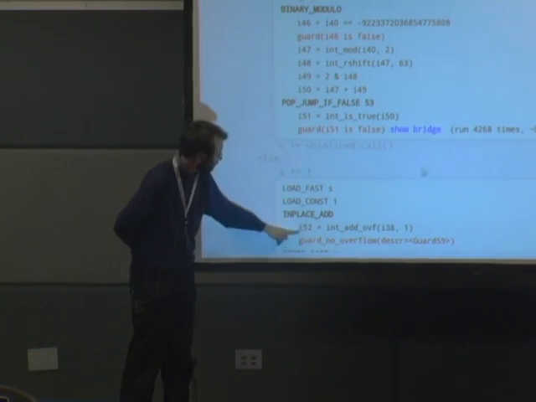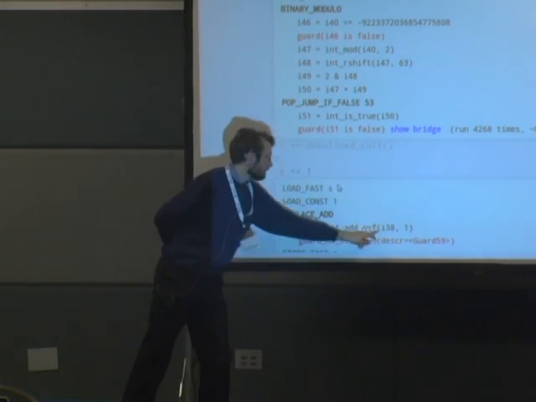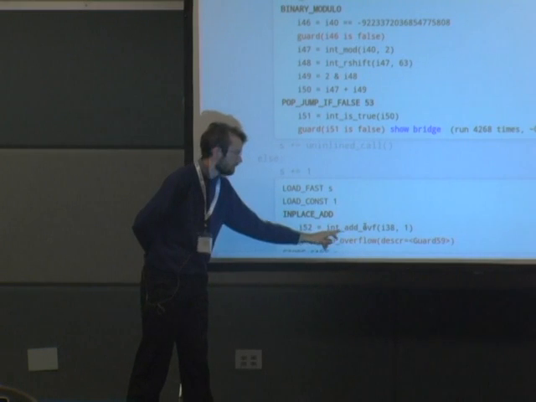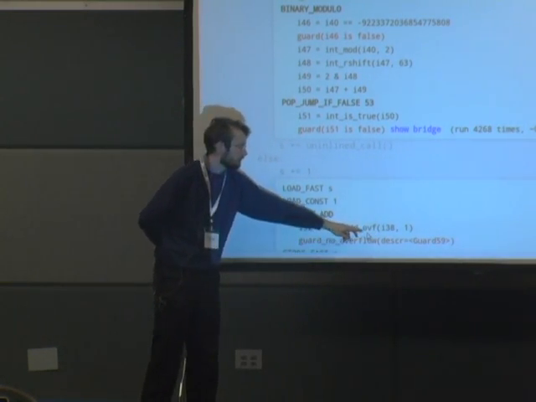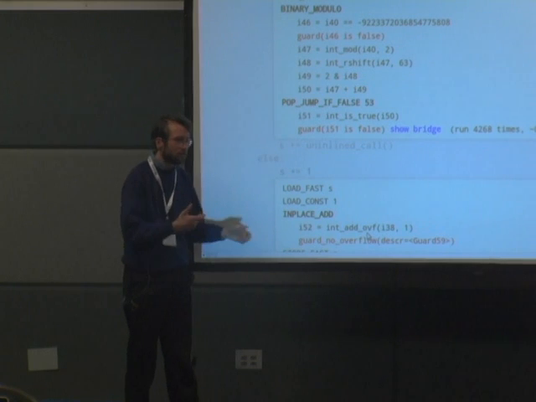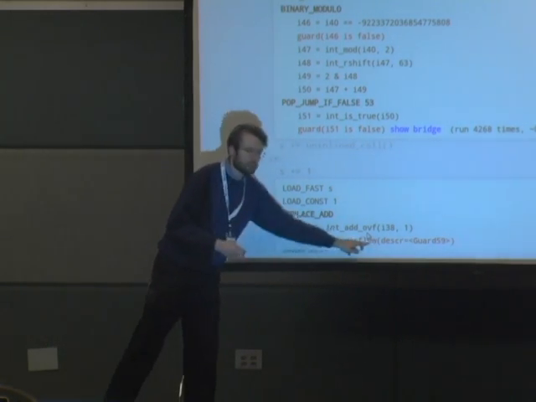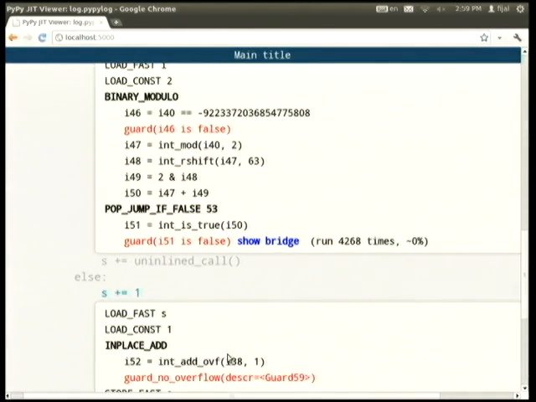In one case we just do that. Here you have an example of +1 that is an integer addition with overflow check, which becomes an addition of registers, followed by a guard that it did not overflow.